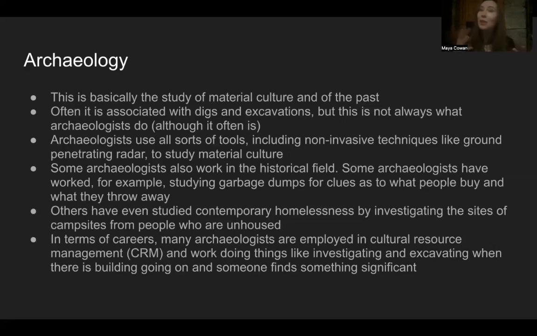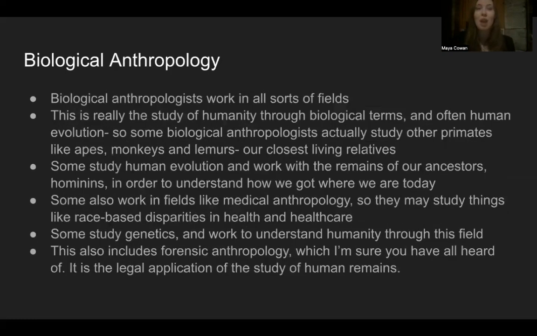And in terms of careers, if archaeology is something that interests you, many archaeologists are employed in something called cultural resource management, or CRM, as you might often hear it called. I'm sure you've heard of it: if you're building a big building, or if you're doing some work on your house and you find something and wonder, is this an artifact? Then you have to call in an archaeologist to come and investigate. That's cultural resource management. And I know a number of people who work in it. It seems like there's work in cultural resource management if it's something that interests you.